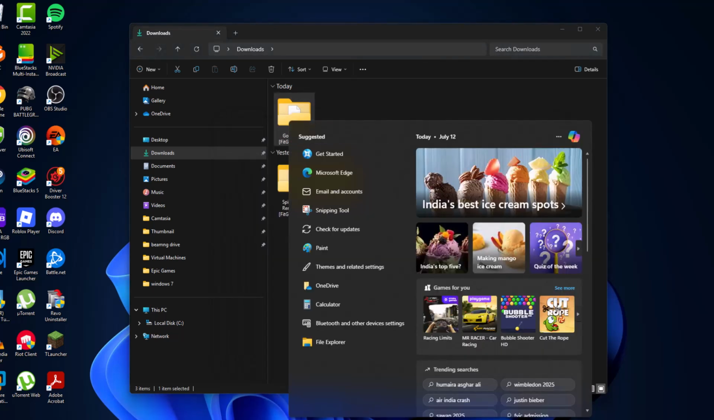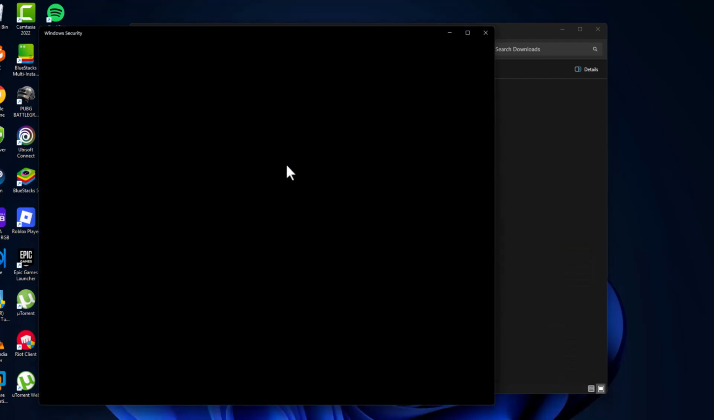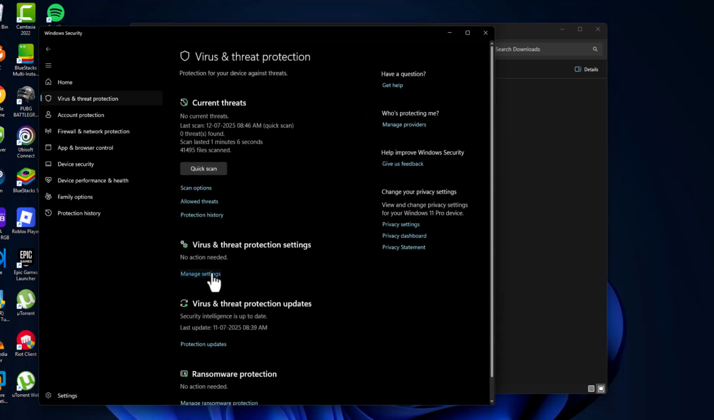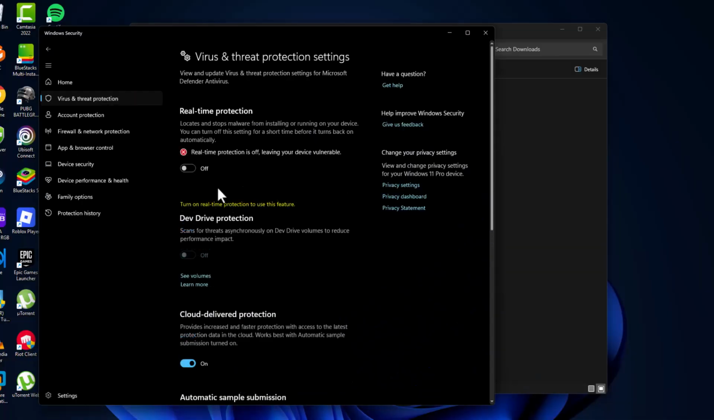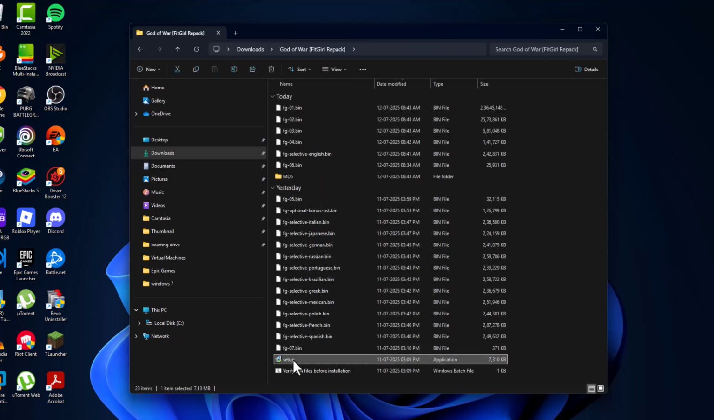And then go to search menu and type Windows Security. Click on open it. Select the virus and threat protection and select manage settings. Turn off the real-time protection and select yes. After turning off, just minimize this page, double click on the setup folder, double click on setup and select